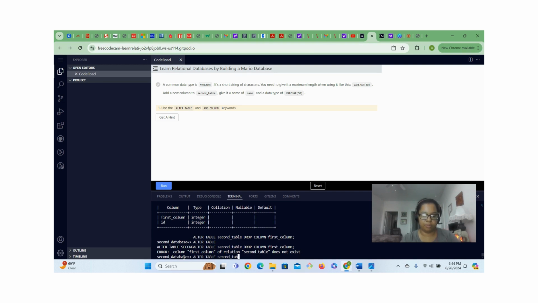Okay, table. And then we're saying add column, and then we're going to put the name of the column we're adding, right? And that will be name, and then it has